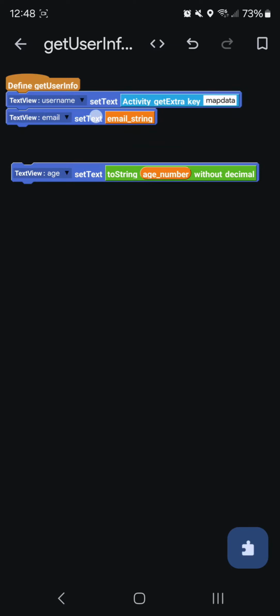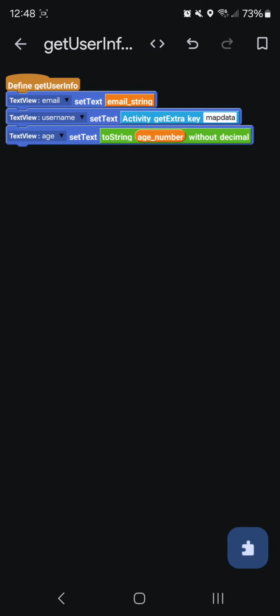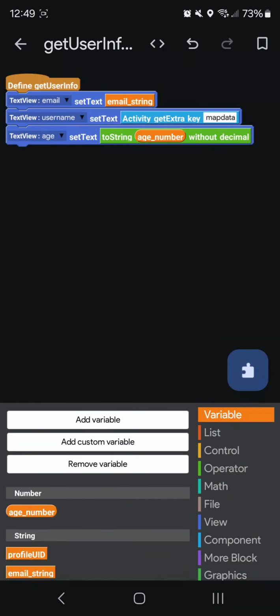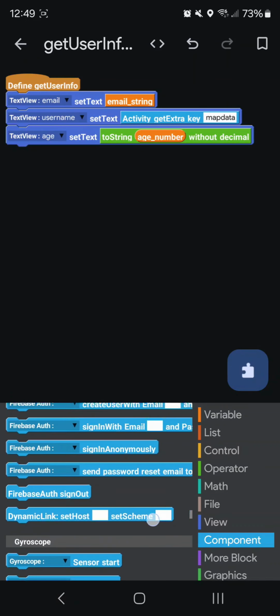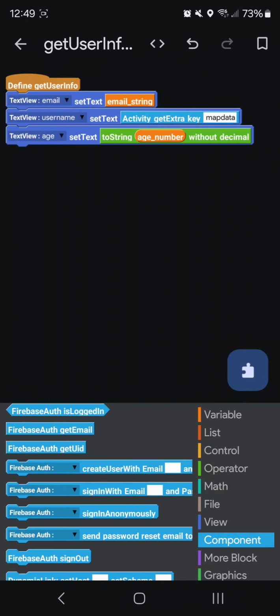Now our email is always going to stay that because we did not share our email with our database, because I don't think you should put your email in your database unless that is part of your application. Like if your application is something to share other people's emails with, which I highly don't recommend whatsoever, then that is something that I would not say, hey, do that, because we can actually get our email information also from Firebase authentication. There is a block for that as well inside of our component section. So if you logged in, you could get your email and then get the information and load it into your